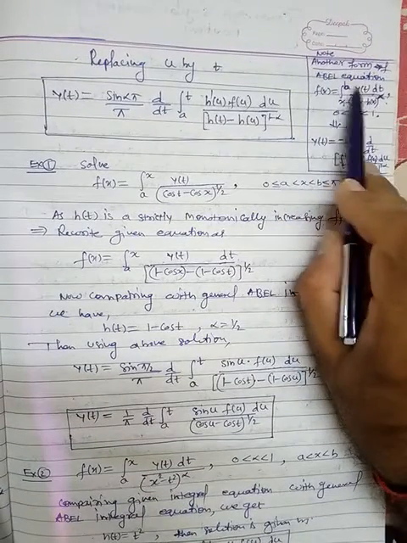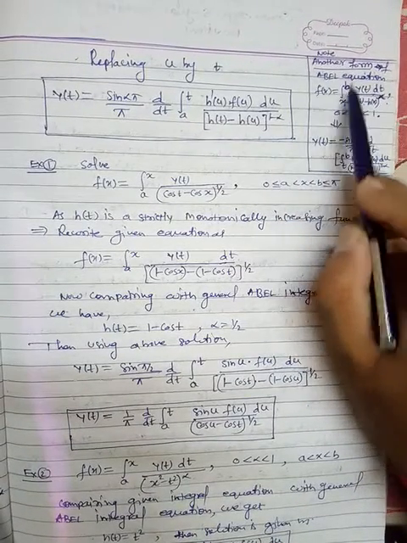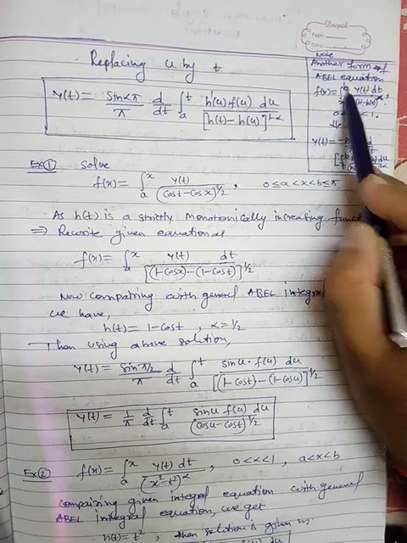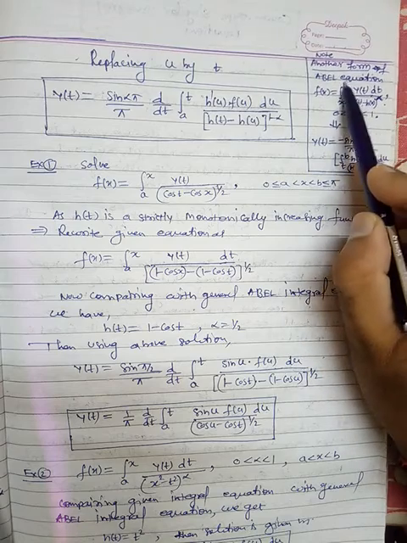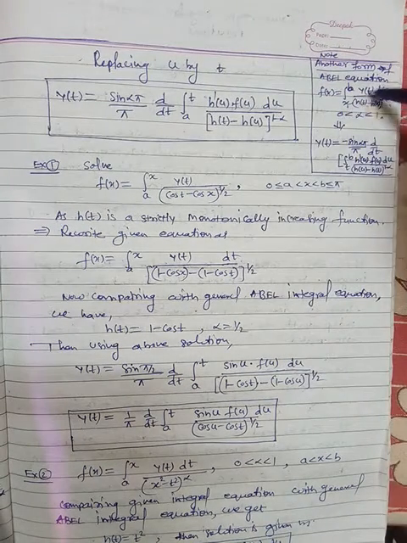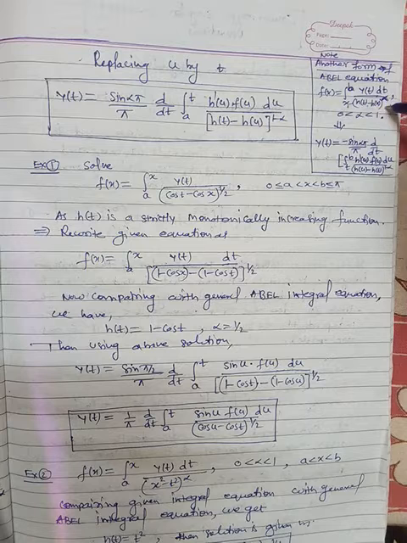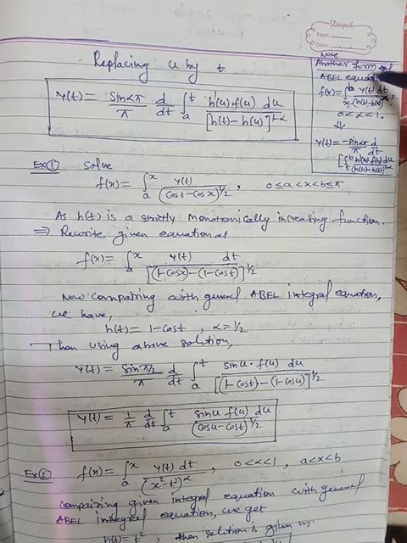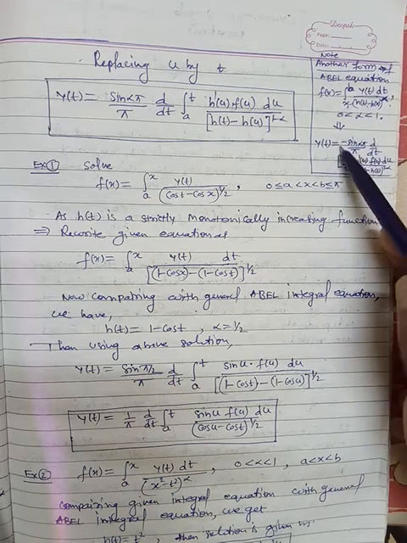Another form of Abel integral equation is f of x equals integral x to b, where the lower limit is variable and the upper limit is constant b, because our interval was a to b. So y(t) dt divided by (h(t) minus h(x)) raised to the power alpha, alpha is in this. So if we take this equation as Abel equation, then the solution will be y(t) equal to minus, here is plus, here is minus,